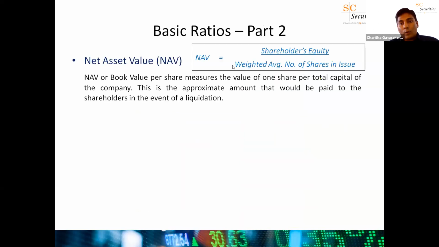Okay, so why do we use the weighted average number of shares? Now, if the number of shares has changed during the year, you have to calculate the weighted average. Maybe the company has issued new shares during the year. So you had 100 million shares at the beginning of the year. During the year, they issued 25 million new shares. So at the end of the year, there are 125 million shares. So then you can't take 100, you can't take 125. You take the weighted average